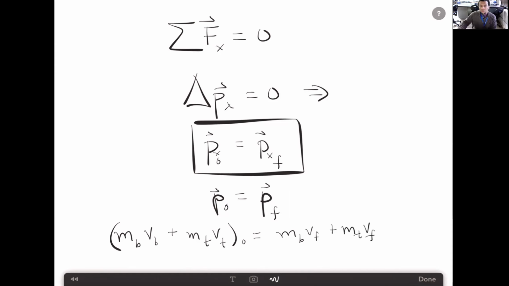Now, the reason why I'm writing both of these as final velocity is because both the ball and the tube should be moving synchronously. They should be moving the same. The idea is that the ball is in the clay, okay? And so this is our final scenario. If we analyze this,